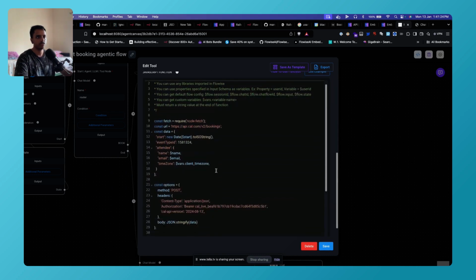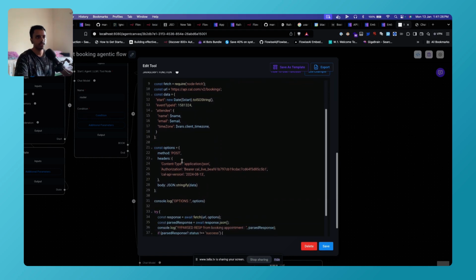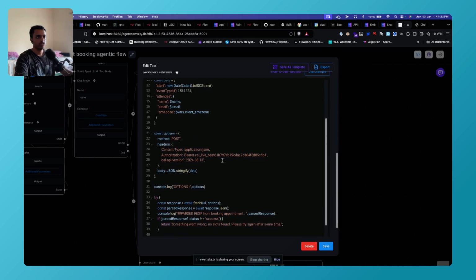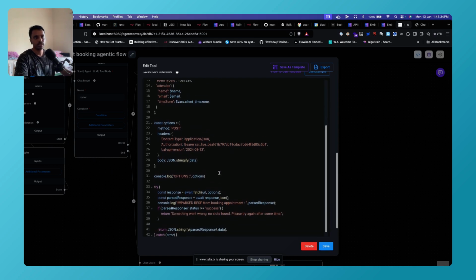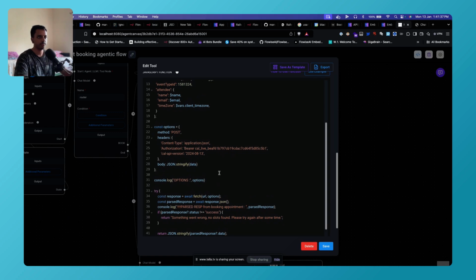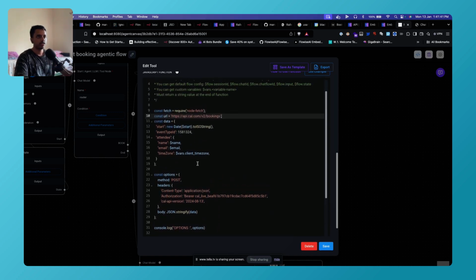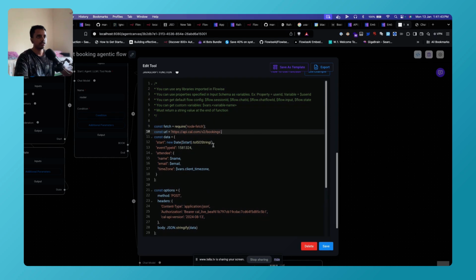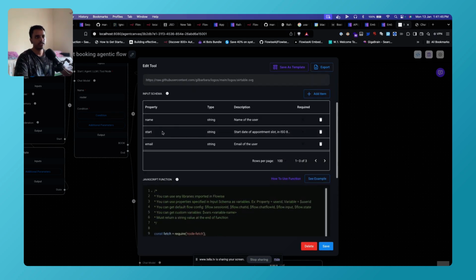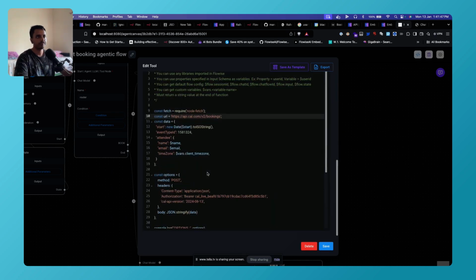So once we gather all of this, we are just making another POST request to cal.com's API, just a slash booking. This is the endpoint. And once we do that, we get the response back. And then we just pass that back to our agent so that it can parse it and show it to the user. So here, as you can see, these are the details which we are expecting, like name, start, and email. We are getting this name, email, and